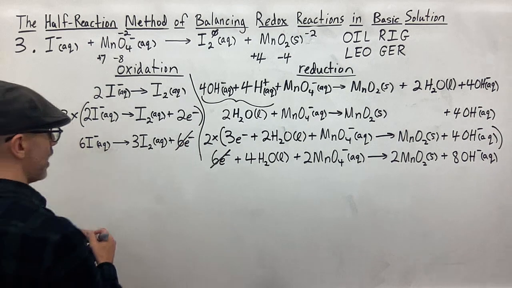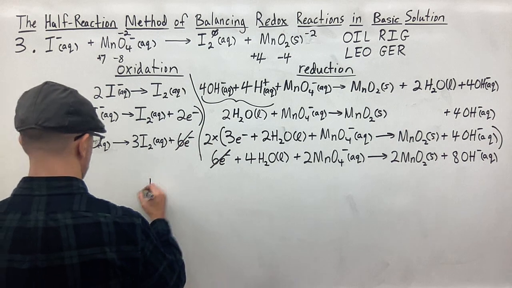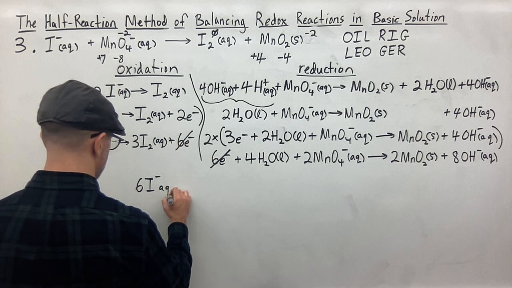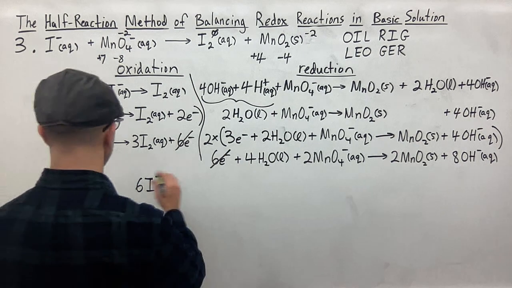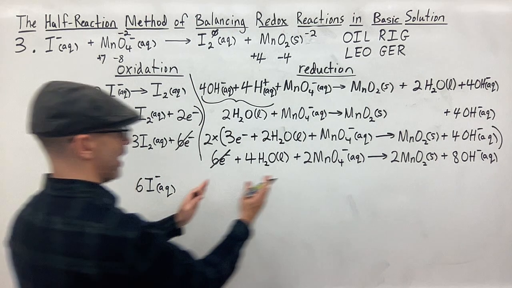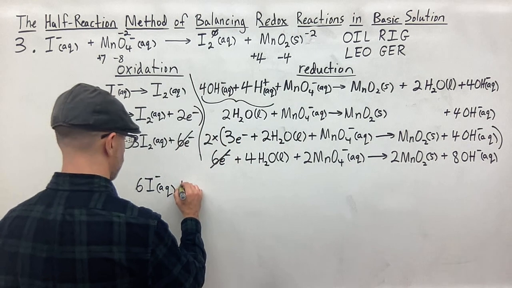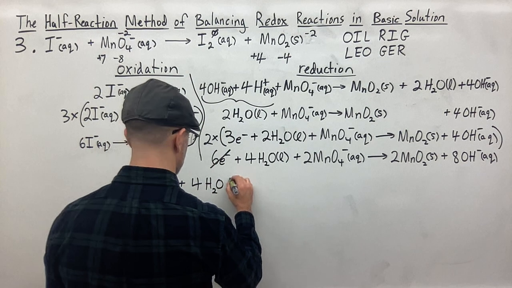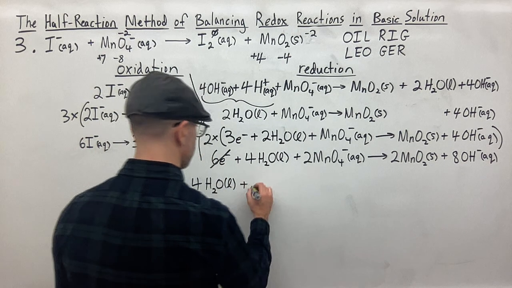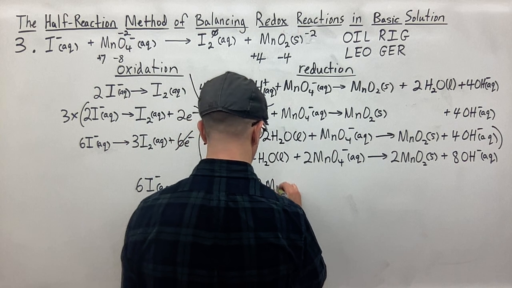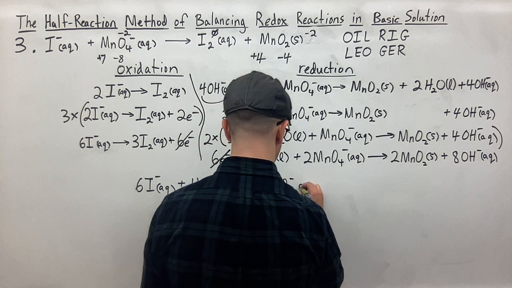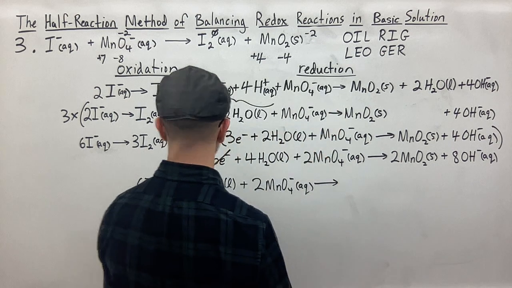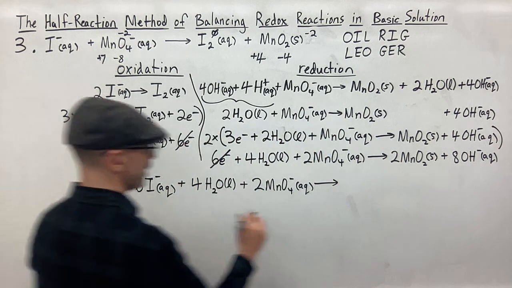So I have 6I minus aqueous for my reactants. That's just one reactant here. Now I add these 2 reactants. So plus 4 H2O liquid plus the 2 MnO4 minus aqueous going to products. So my product here, 3I2